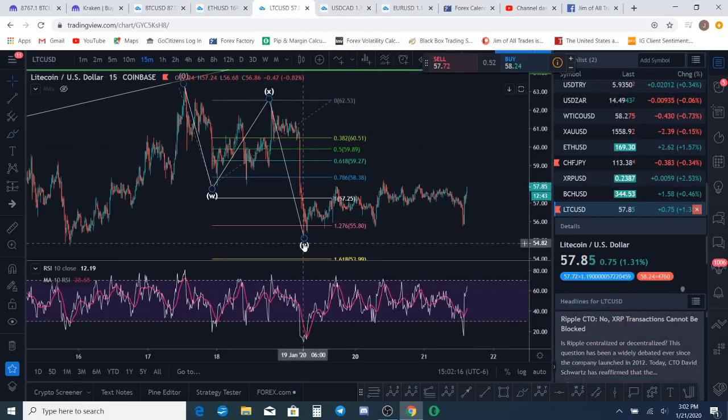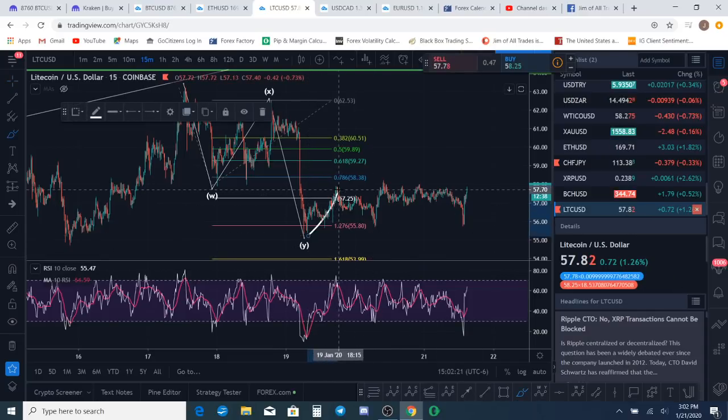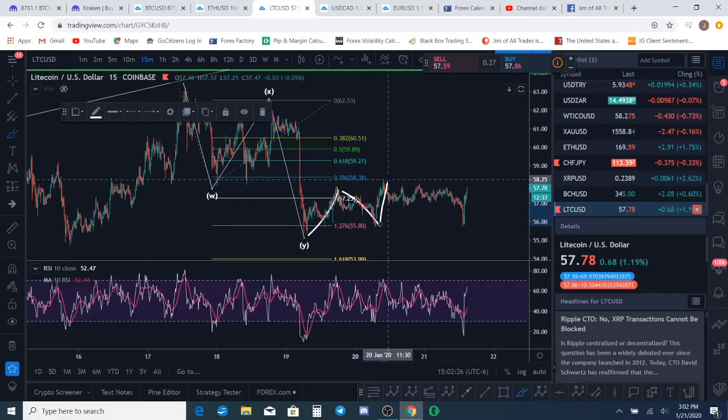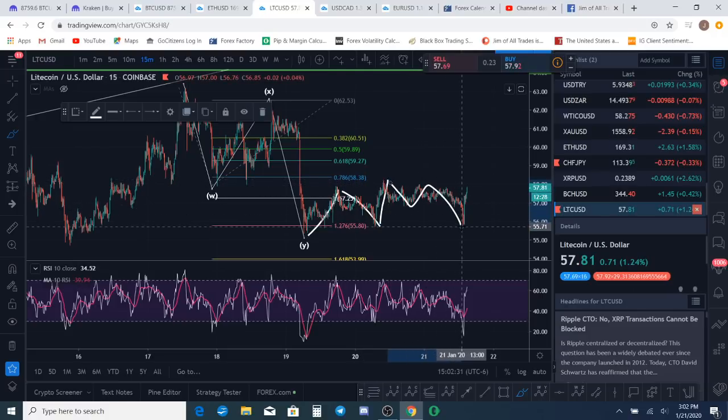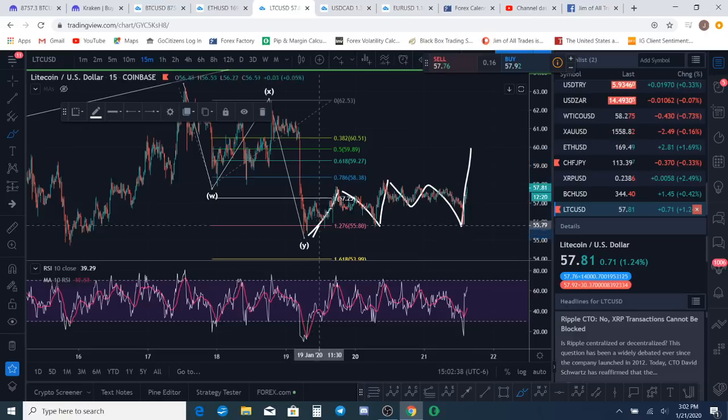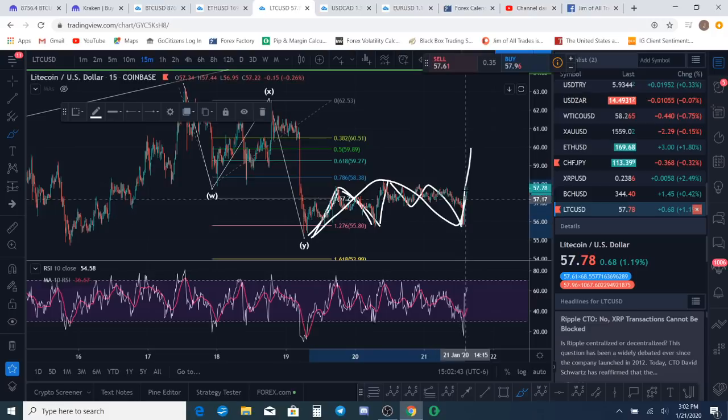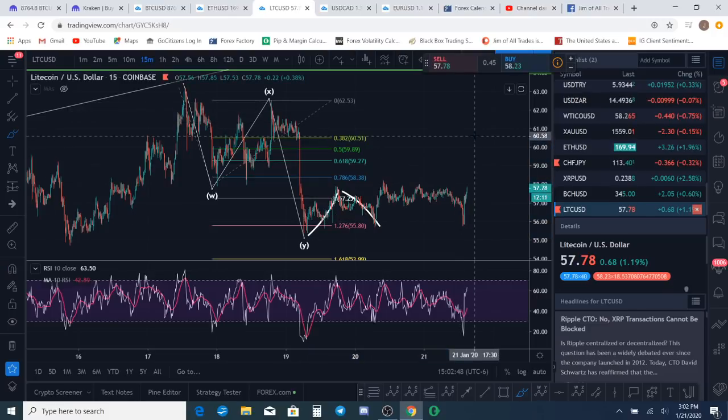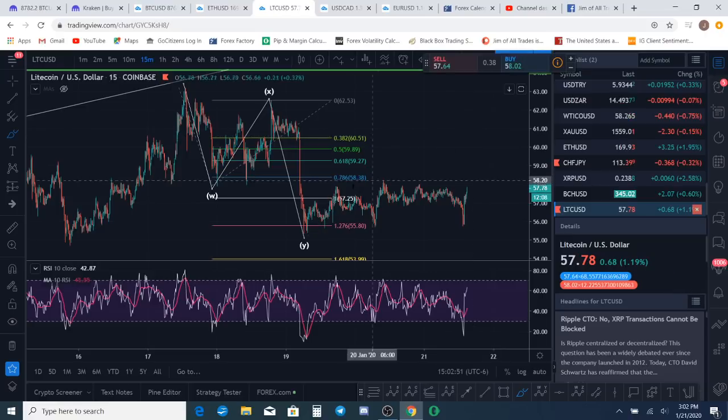It looks like Ethereum has, I mean, this is Litecoin, sorry. Looks like we got a three wave there, a three wave there. That looks like an impulse. That could be some kind of a flat. We've got a three wave there. Yeah. And we could be getting the five wave here. That is such an ugly correction, guys. But that would basically be boom, boom, boom. Again, in the flat category, potentially, as a way to count that third wave.